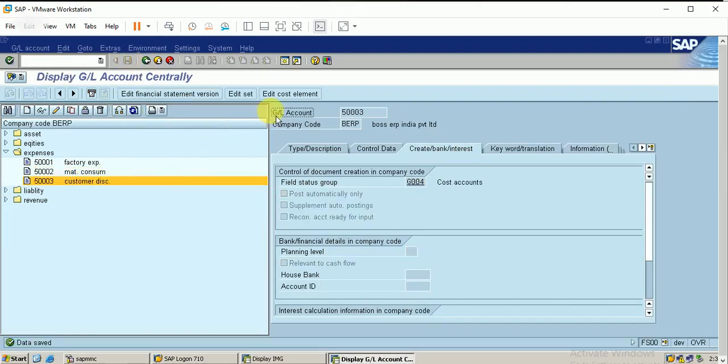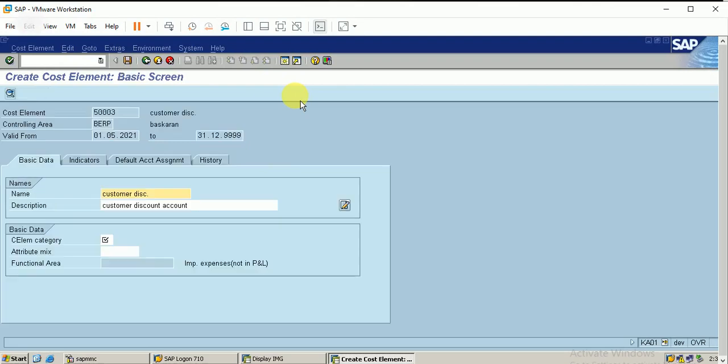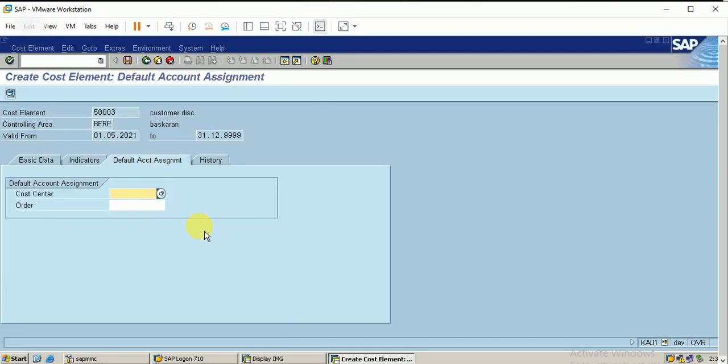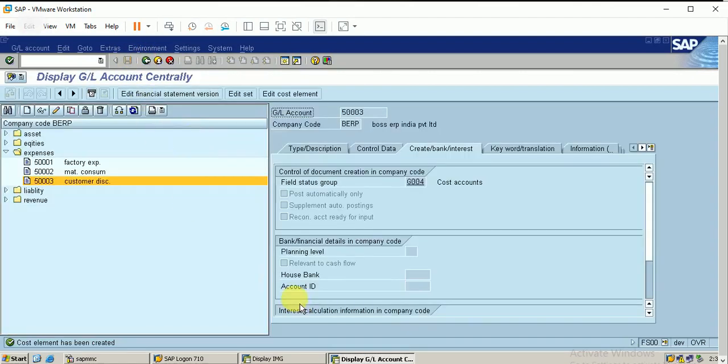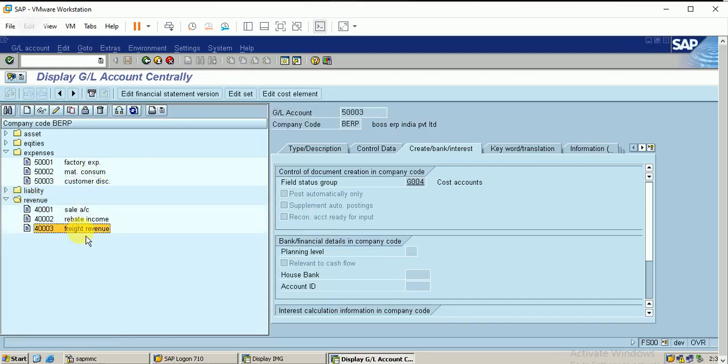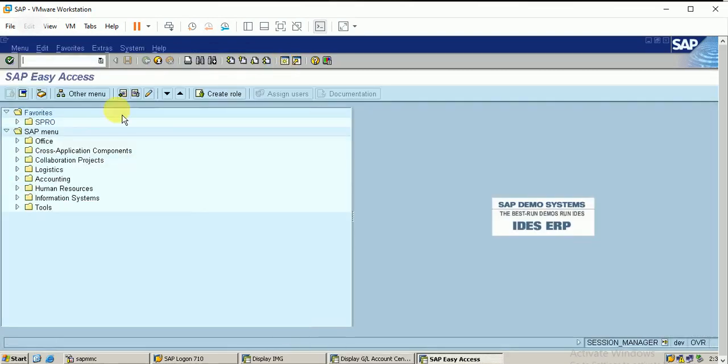So similarly for the expense account also, you need to go to the edit cost element. Just click on enter, and this is the expense. So I just go to the primary cost and the cost center, first cost center. Okay, I've created 2 more accounts, and this is already created account. So I can use this, but I have created 2 more accounts, so I need to do extra work, that is OKB9 code.